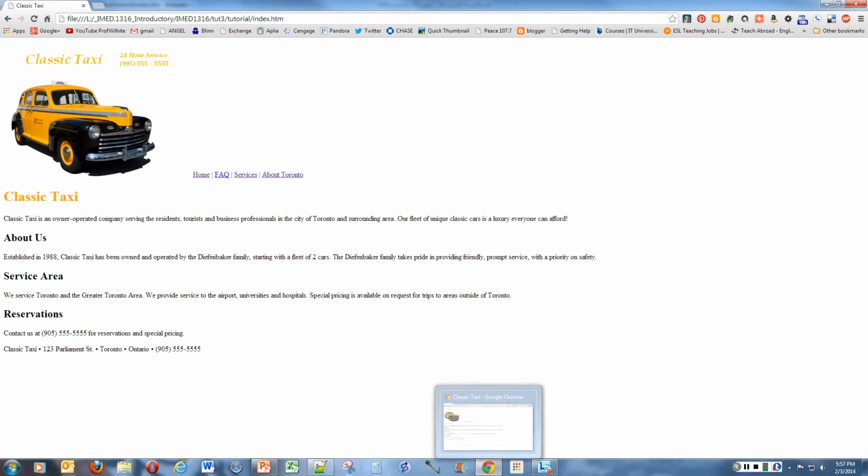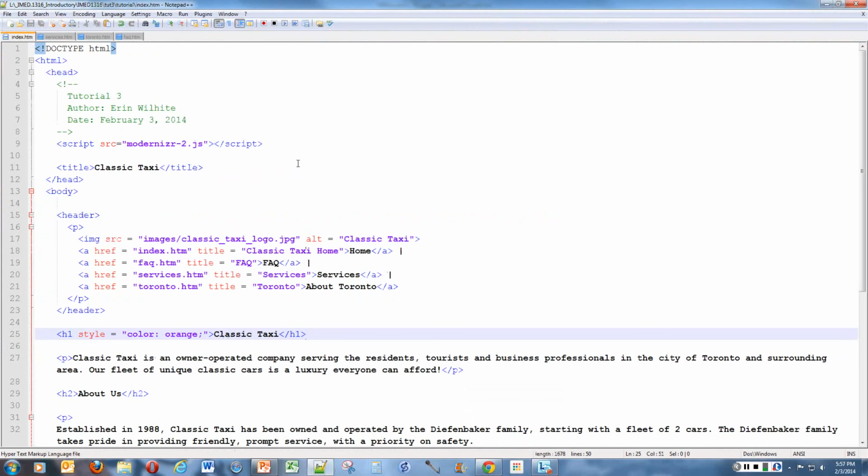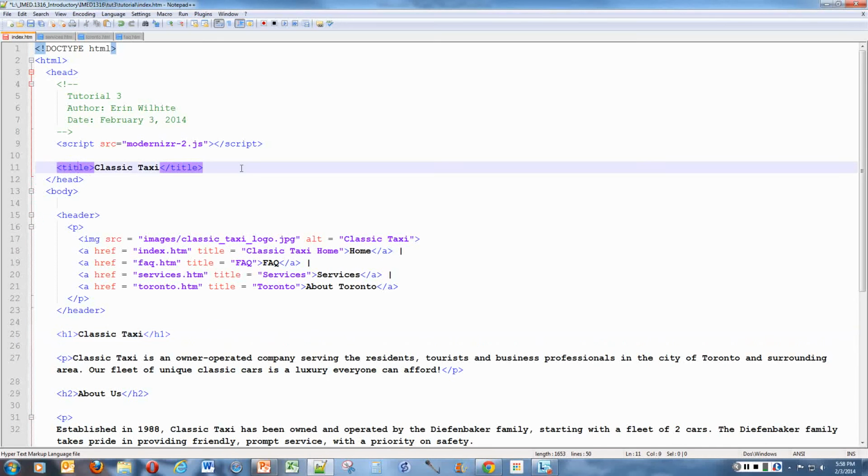Now let's look at an embedded style sheet. An embedded style sheet is the set of rules I told you contained between the style start tag in the head. So we don't have that here yet. So we're going to create an embedded style sheet. We're going to go to this page and we're going to delete the one we just did and just let that stay in H1. And then in the head section after the title tag, here's the head, here's the title. So after that,